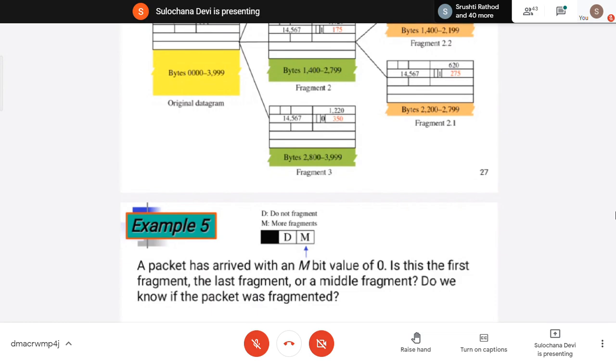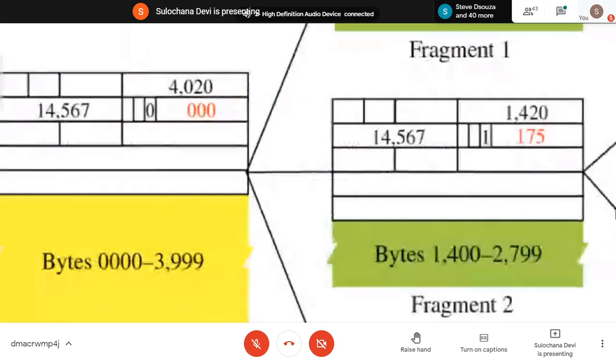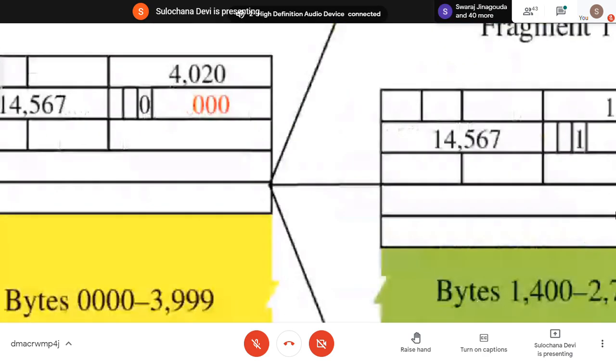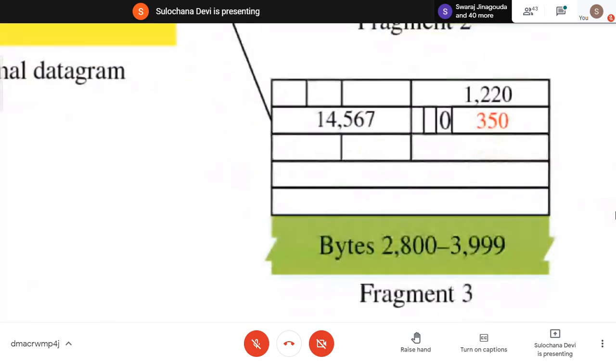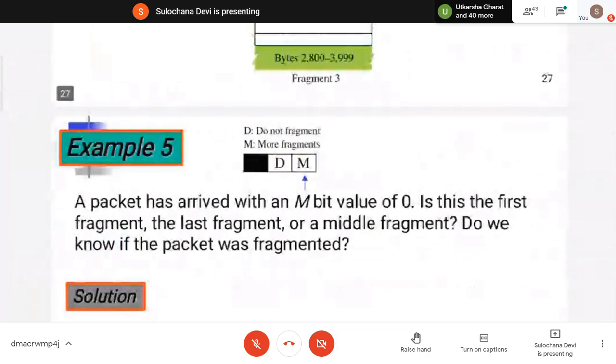This MF bit can be 0 for the original one, and in the last fragment this MF bit is set to 0.